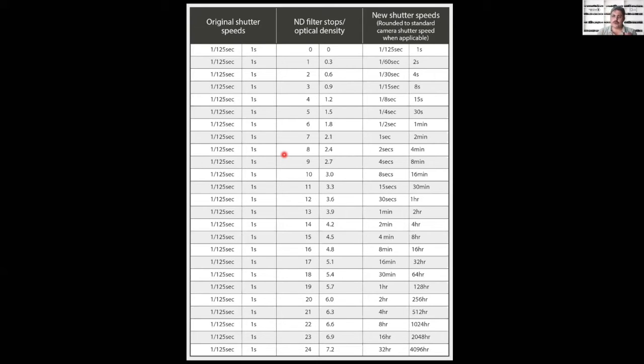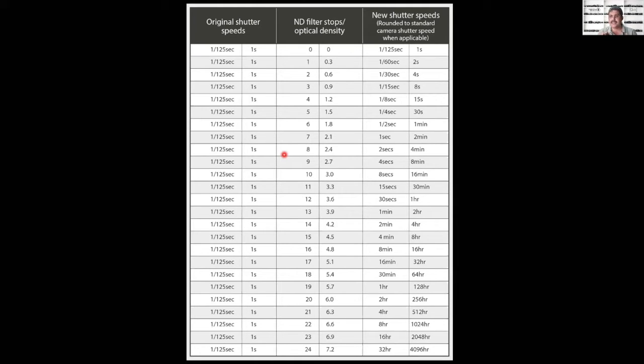It can do for shortest shutter speeds up to about say 30 seconds. Beyond 30 seconds, it cannot do. And especially when you put this ND filter in front of the lens, everything goes dark as far as the metering system is concerned, and it gets confused, so it won't give you an accurate meter. This is point number one.